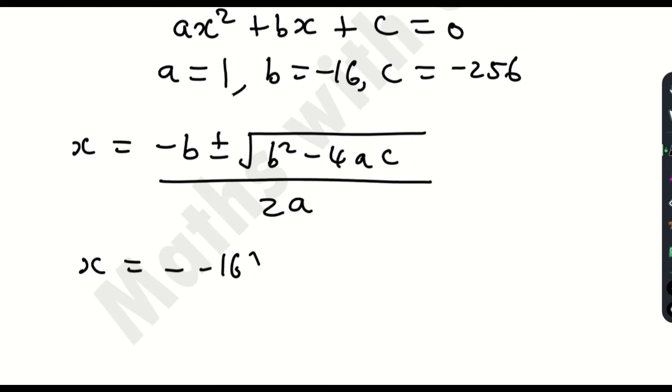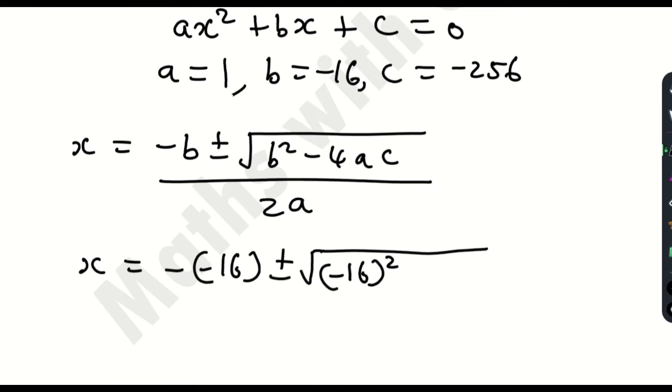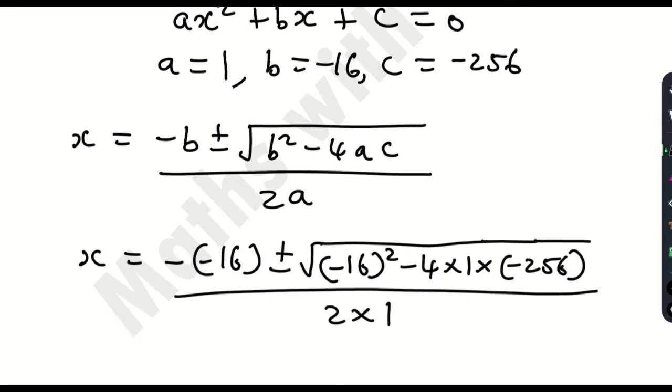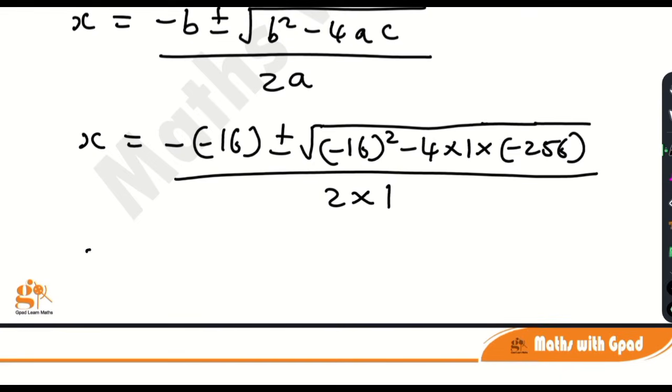Minus b is what? Negative 16. Then plus or minus the square root of b again, which is negative 16, so you have that squared, then minus 4 times 1, since a is 1, and what is c? Negative 256. Then all divided by 2 times 1, because a is 1. So here x is equal to